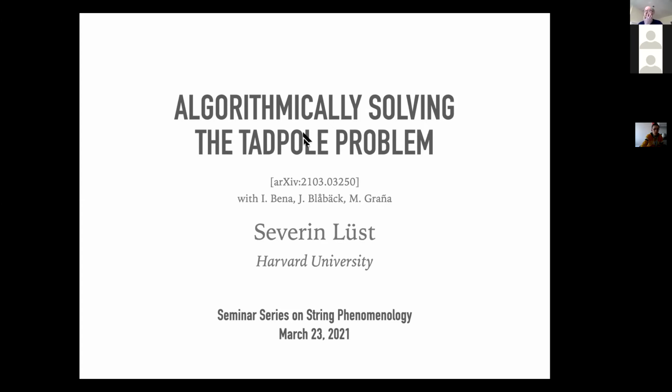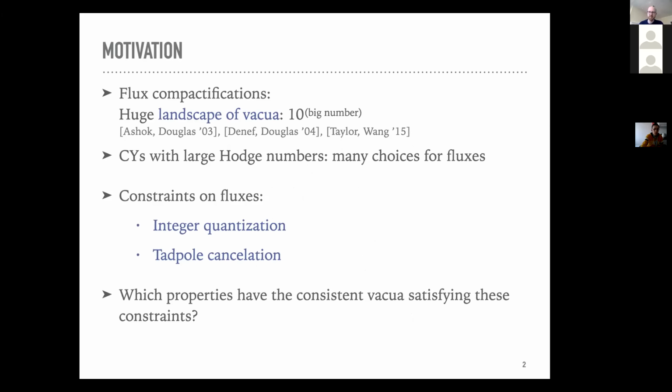So today I'd like to talk about this paper, which has, I believe, the same title as my talk, which we finally put on the arXiv a couple of weeks ago, in collaboration with Joseph Boehner, Johan Blab, and Mariana Grania. So as you know, when studying flux compactifications in string theory, we expect to have a huge